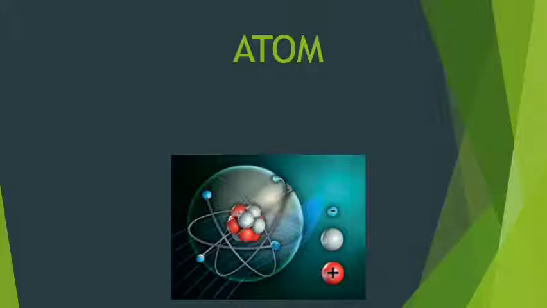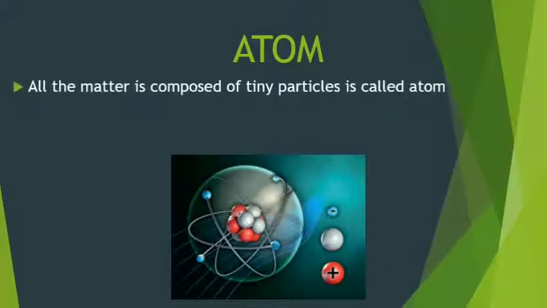We have seen before that atoms are the building blocks of matter. So combining these two things, that atoms are the smallest tiny particles and the building blocks of matter, we can put it another way: all matter is composed of tiny particles called atoms. See, an atom possesses the characteristics of the element in which it is present.